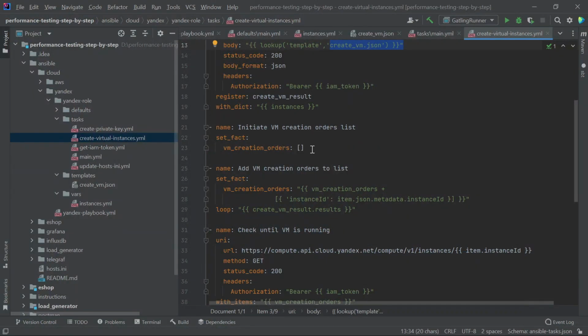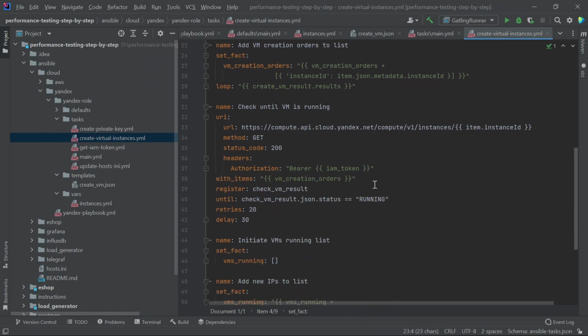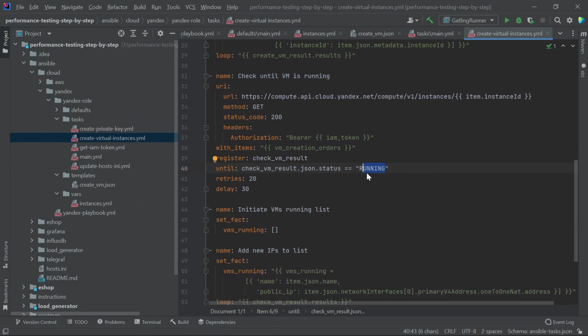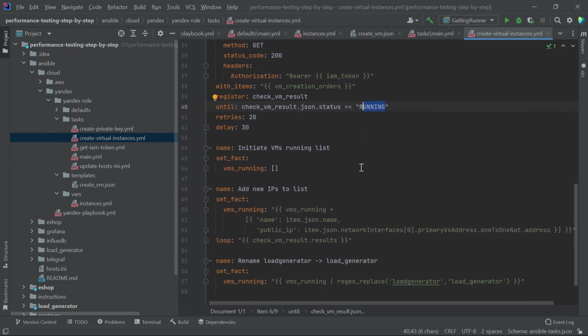We save the received IDs to a variable and start making 20 attempts with an interval of 30 seconds to check that the machine has been created and is in the running status. After the machine has switched to the running status, we save its public IP address.